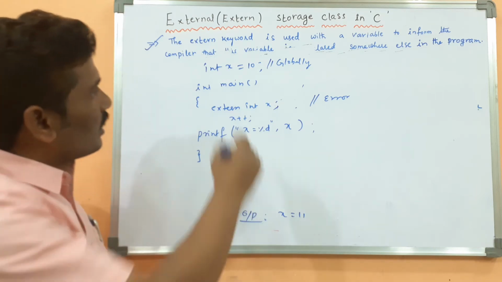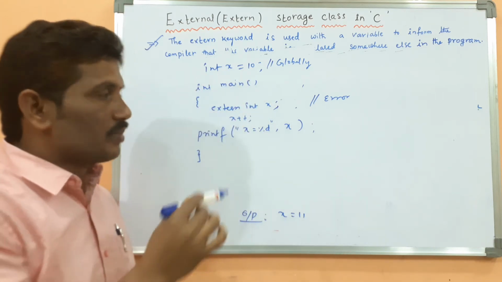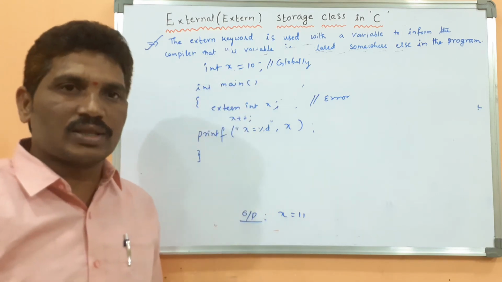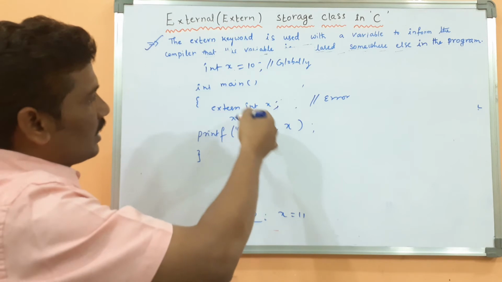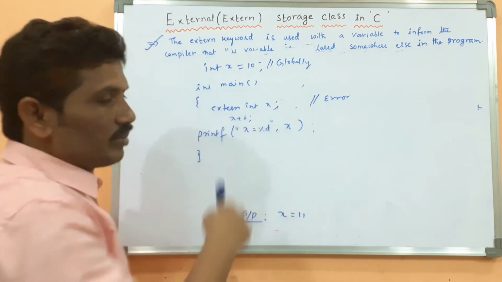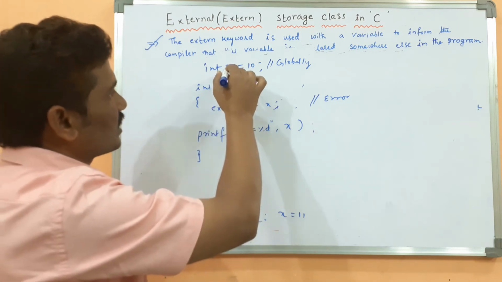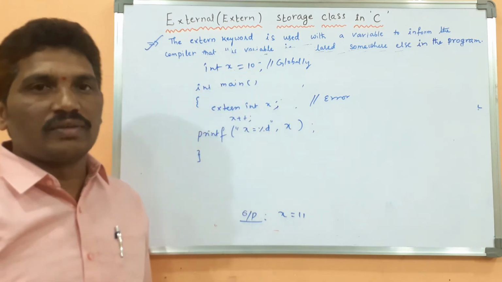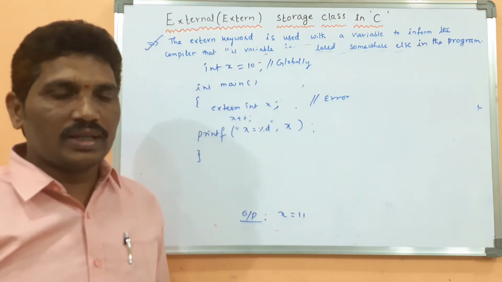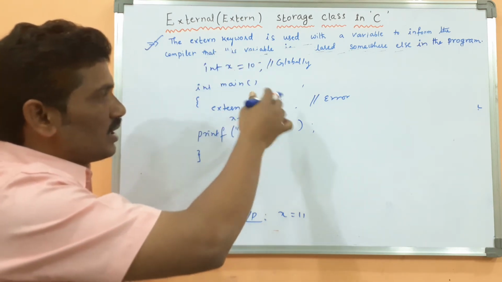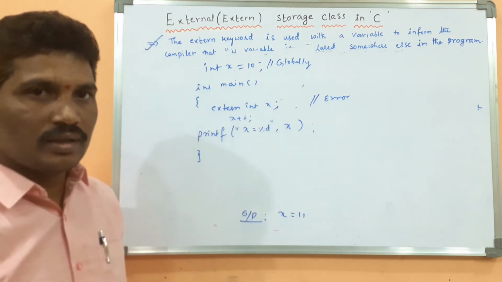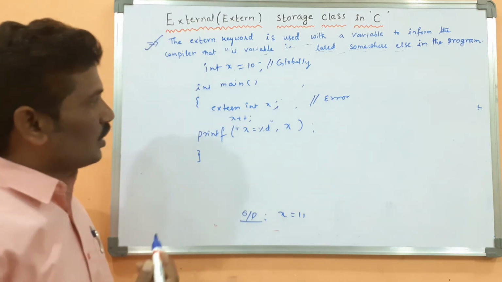Hope it is clear. Another statement I wrote: it is like a global variable. It can be accessed by all the functions of the program. Here the main function can access it. If you write any other function after the main function, that function can also access the external variable, because it is also called a global variable. But here we do the declaration by using the keyword extern. Hope it is clear. Then I will tell you another example.